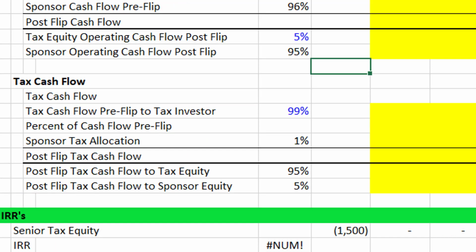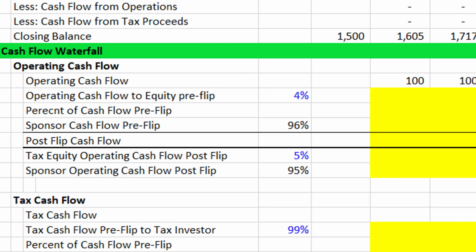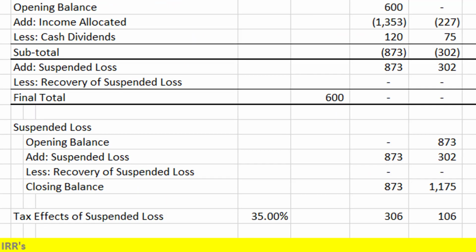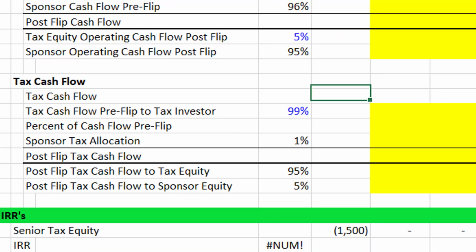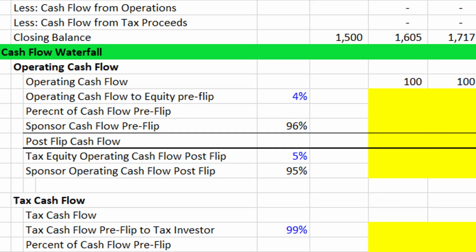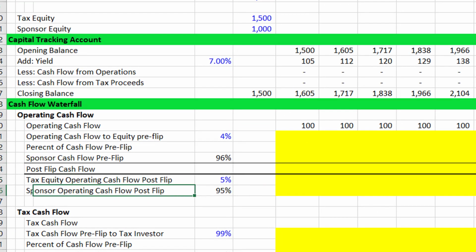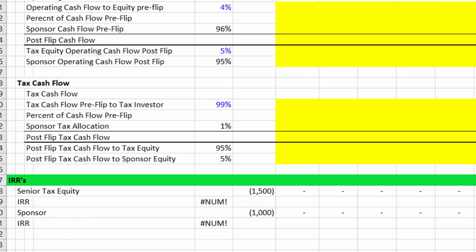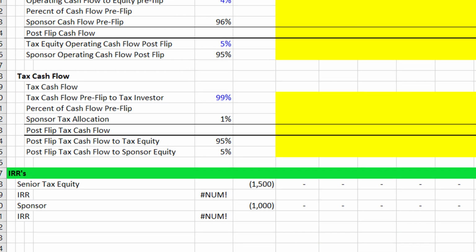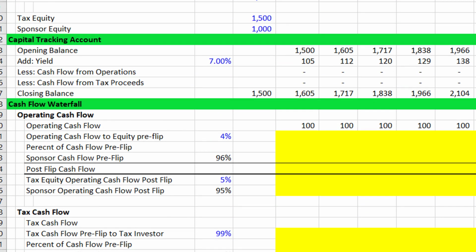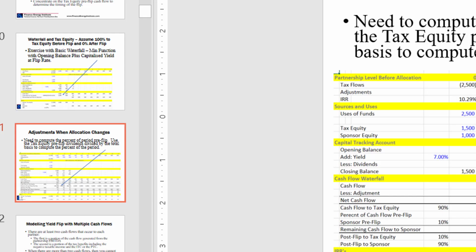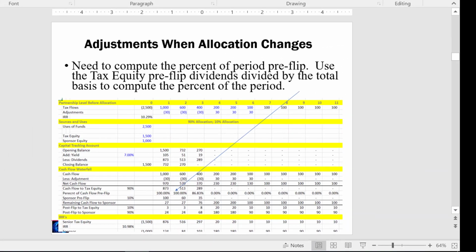Okay. I hope I have this one. Do I have... Oh, no, this has two different cash flows. So I'm going to do the whole thing. Excuse me for this. Now we have two cash flows, operating cash flow and tax cash flow. And we have two cash flows and a flip structure. Excuse me for that. I thought I might have to look at the structure of the little exercises,